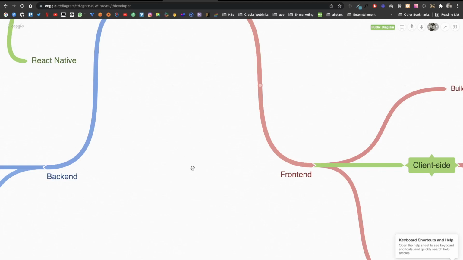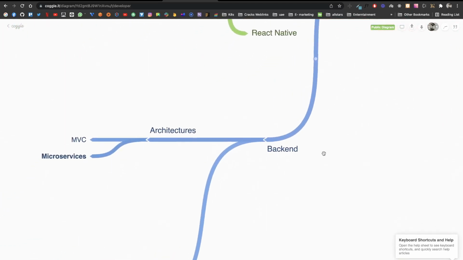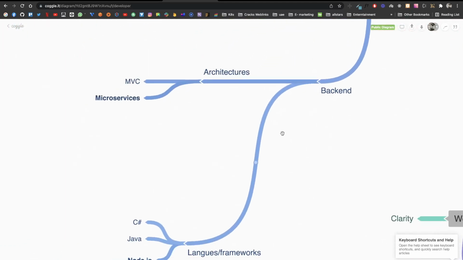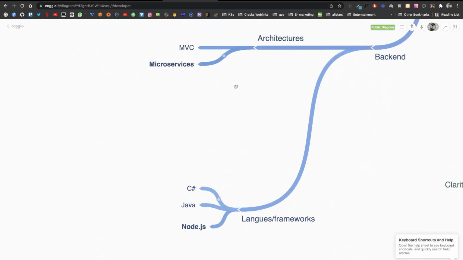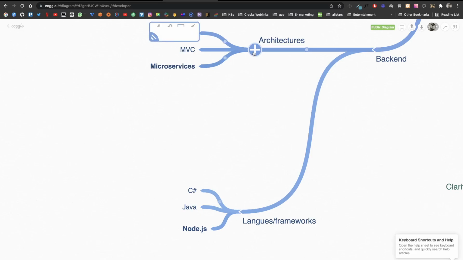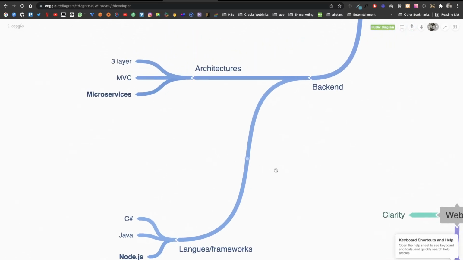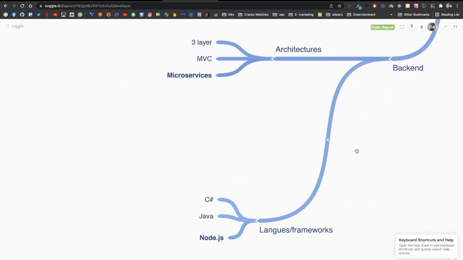On the backend skill, I would recommend you go and understand how the architectures work. There are lots of architectures. I'm not going to discuss all of them, but I would recommend going with microservices. At the start, go with the simple MVC, which doesn't involve much complexity, or you can also use a 3-layer architecture, which is my favorite for a single project. Where you are a single developer or you want to bootstrap an MVP, 3-layer architecture is awesome.